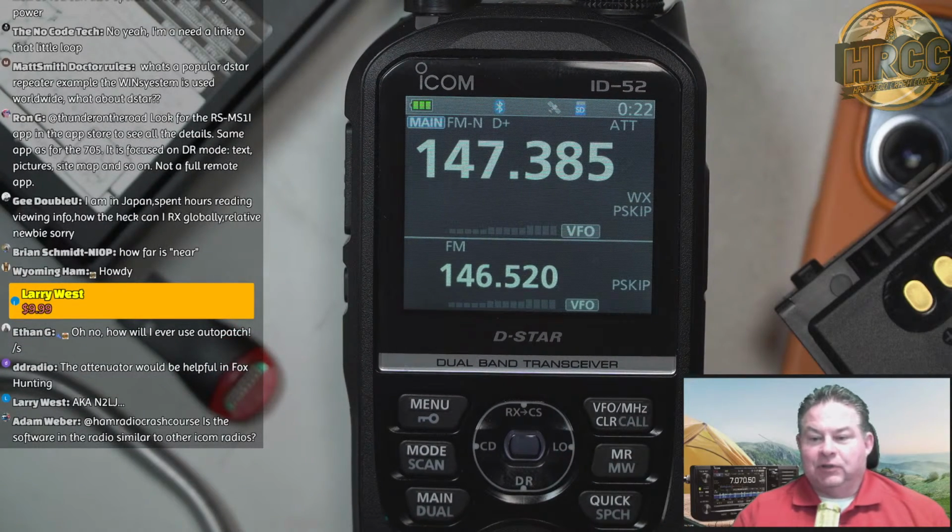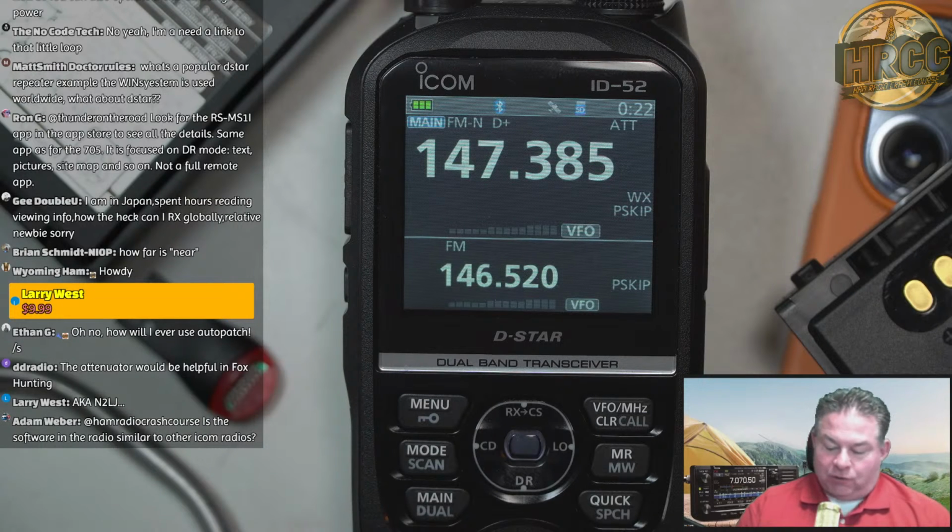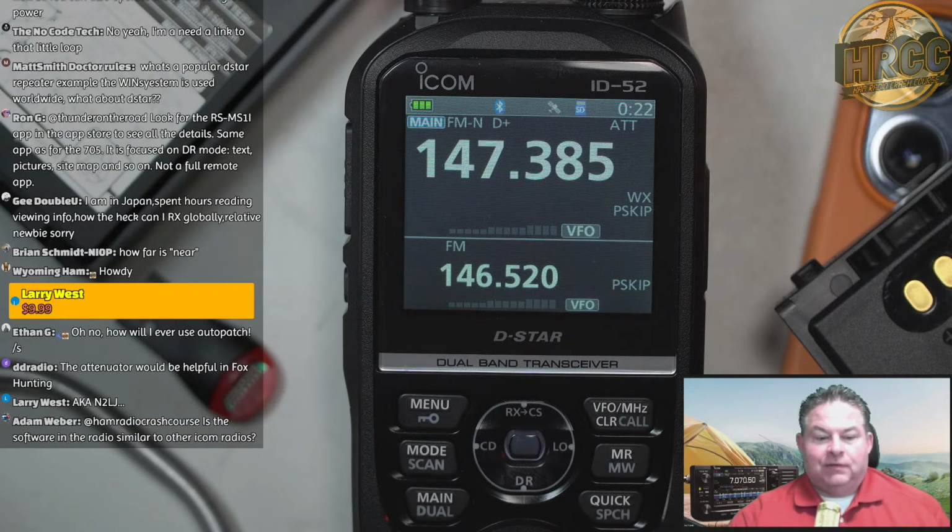A lot of people were complaining that when you scroll off of the edge of the frequency range, the band scope wouldn't keep up with you. So that's what that scroll does for you. And that is very nice, because that was the upgrade that went on the 705 and the 7300 along with